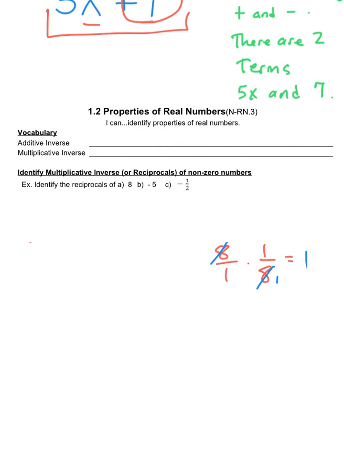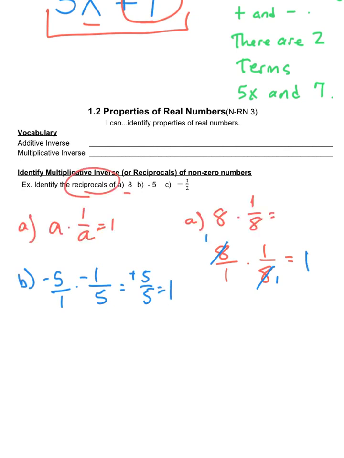And if we go ahead and do these others, I have negative 5, and the reciprocal of negative 5 is going to be negative 1 over 5. And when I multiply that out, that becomes a positive 5 over 5, or 1. So as you can see, what we're doing here is working with our reciprocals to make our numbers equal 1, and multiplying here. Negative 3 halves, its reciprocal would be negative 2/3, and again,